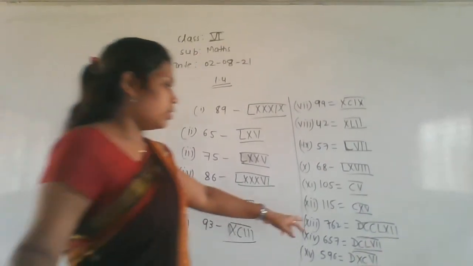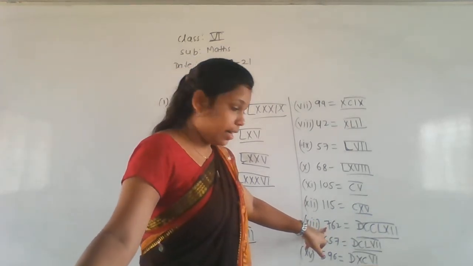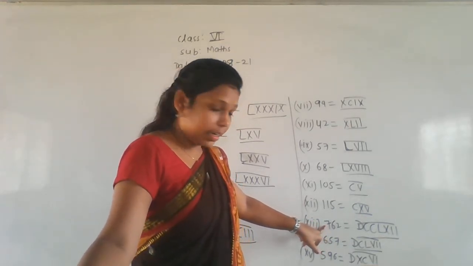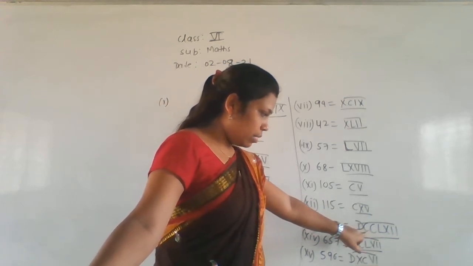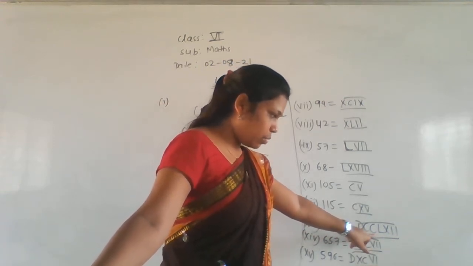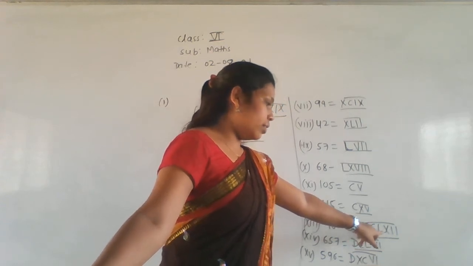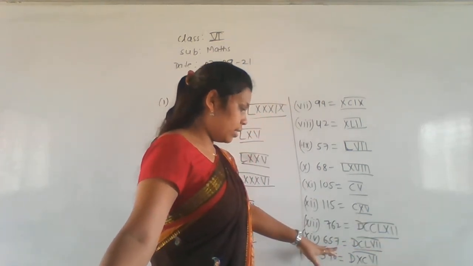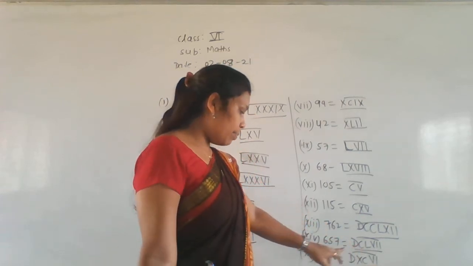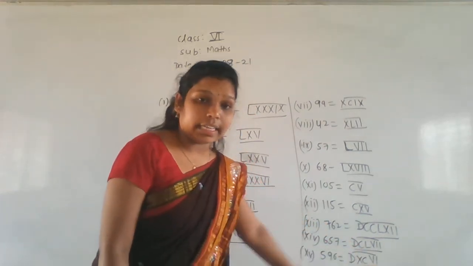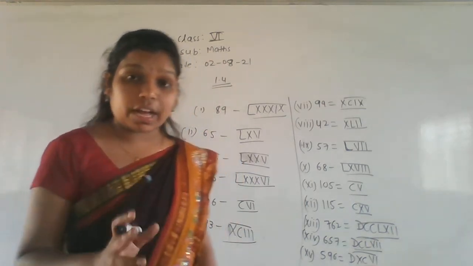Here D means 500. We want here 700. So after D write a 2C. It means 500 plus 100 is 600, 600 again plus 100 is 700. This is the 762. Next, 600: for 600, after D write a C. That will be 600. And 500 means only write a D. D means 500.